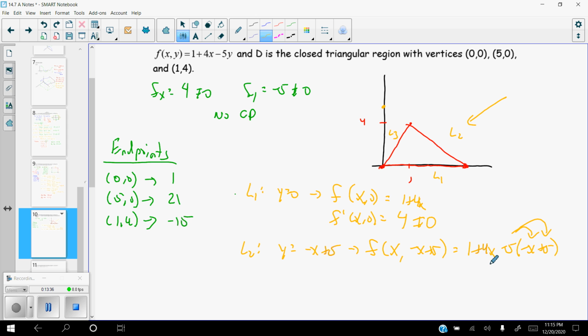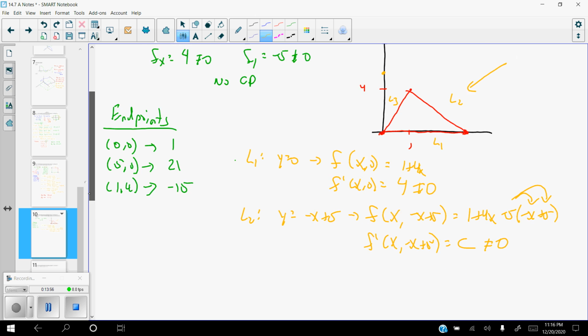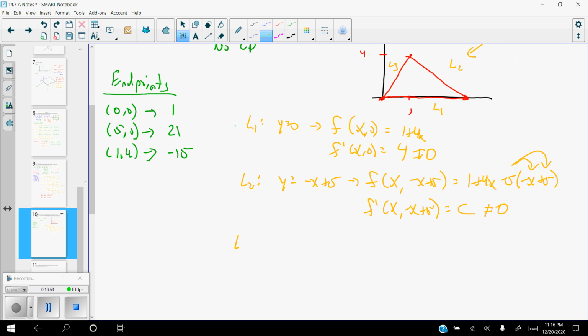When you take the derivative here, it is going to be a constant. So f prime of this is going to equal 9, but it's going to be a constant. And as long as that constant is not 0, it cannot be 0. So again, there's no critical values along that specific linear piece. And then L3